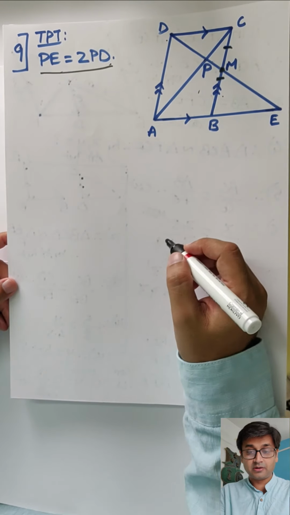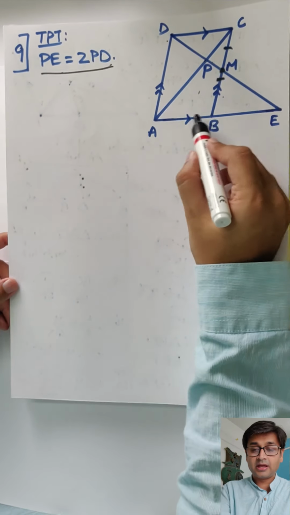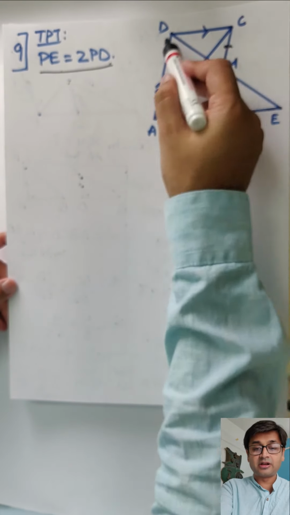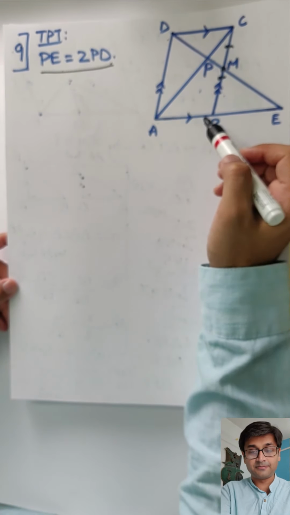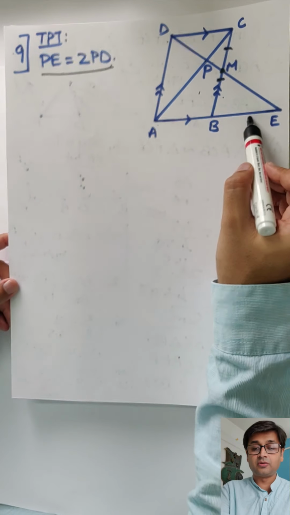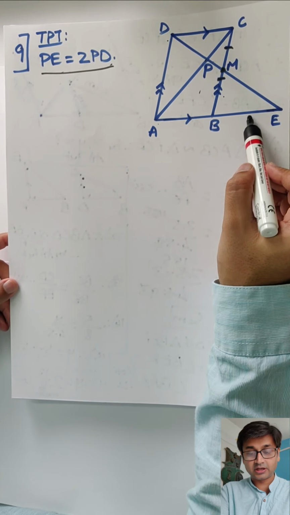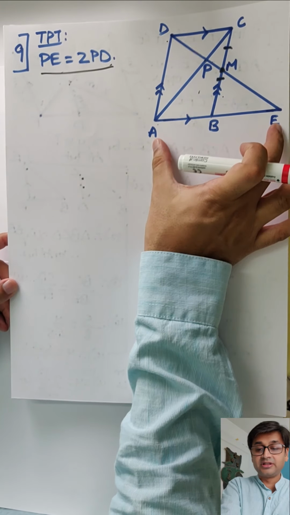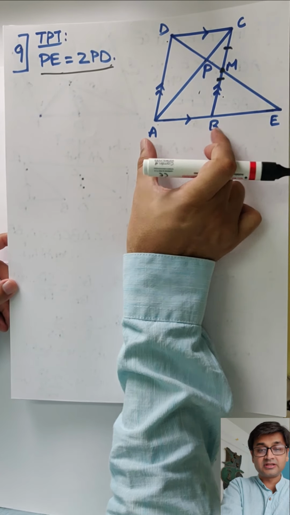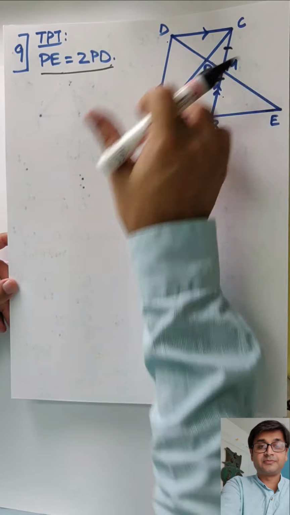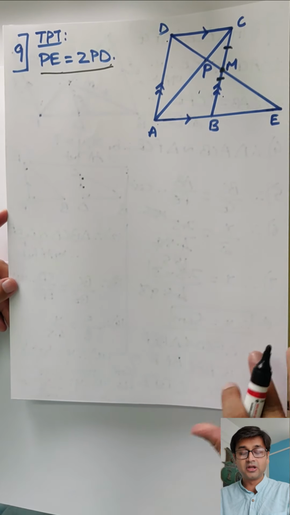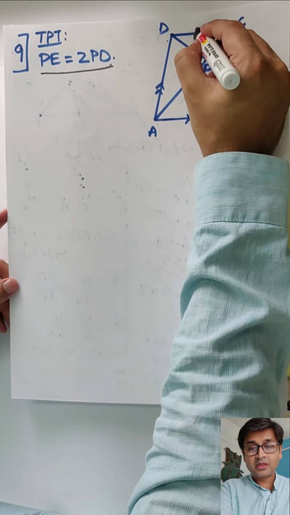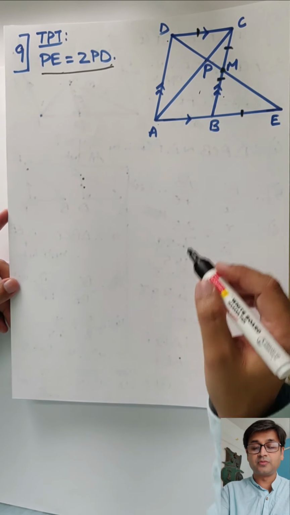How will you get that 2 by 1? For that, AB is equal to DC, opposite sides of parallelogram, because they said this is a parallelogram. If I can prove DC equals BE, then I can say AB equals BE, and therefore this will be double of this, and therefore this will be double of this. So there is some connectivity here. Let's not make it very complicated. Just get to the basics straight. Prove that DC equals BE.